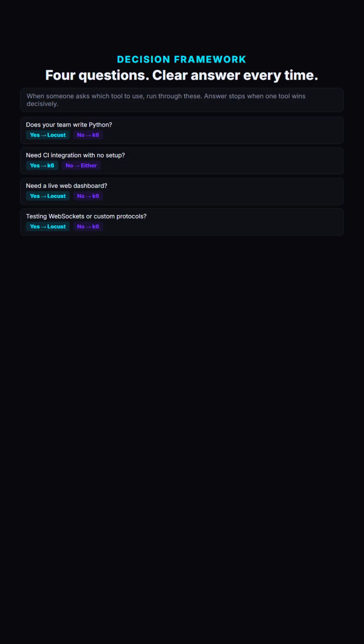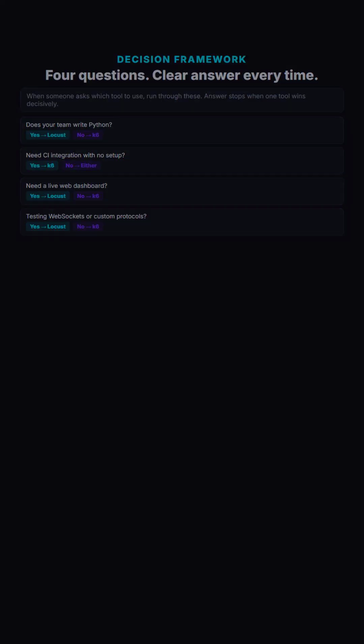If you are genuinely starting from scratch with no existing tooling preference, I recommend K6 as your first tool. The CLI experience is clean, the threshold system gets you to automated pass/fail quickly, and the JavaScript syntax is widely familiar. You can always introduce Locust later for specific test scenarios that need its flexibility. The important thing is that you start load testing with something rather than spending weeks evaluating tools and never shipping